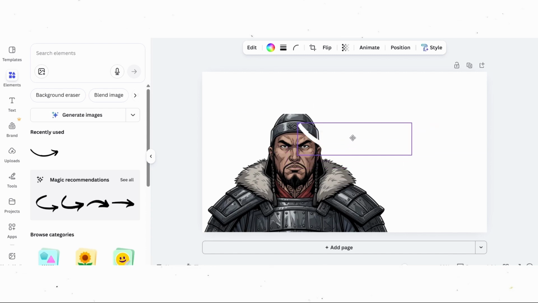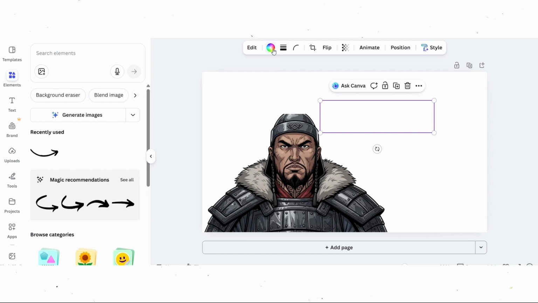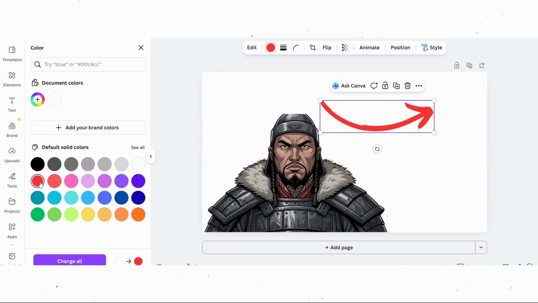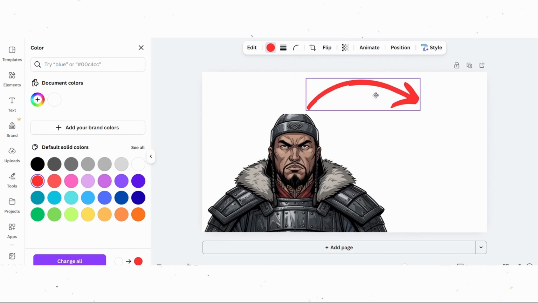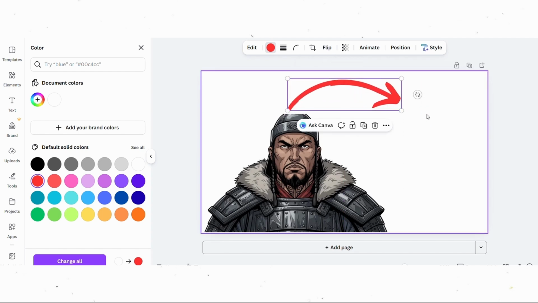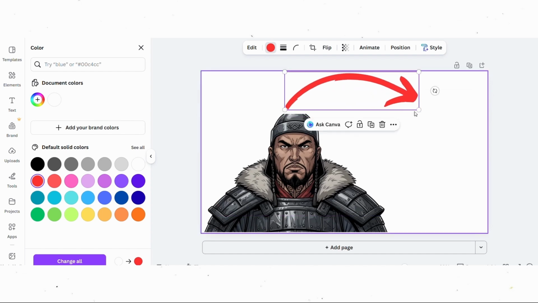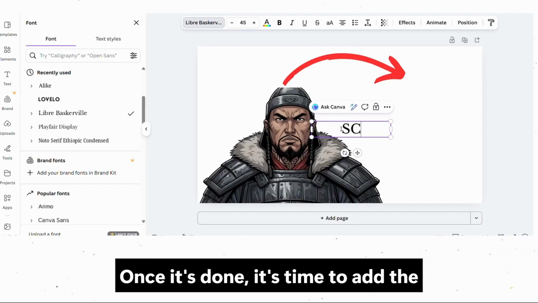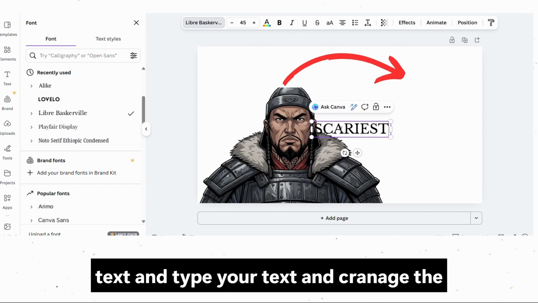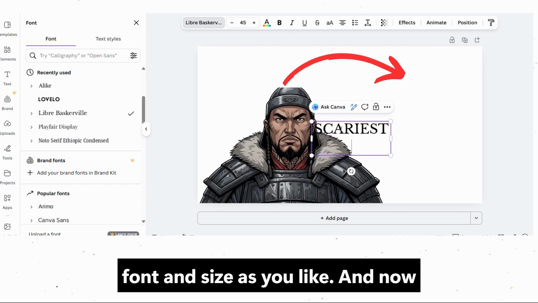And once it's done, it's time to add the text and type your text and change the font and size as you like. And now the thumbnail